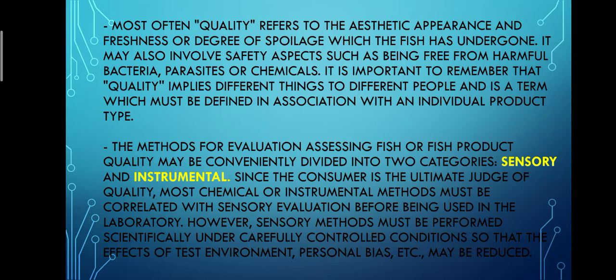The methods for assessing fish or fish product quality may be conveniently divided into two categories: the sensory and instrumental. Since the consumer is the ultimate judge of quality, most chemical or instrumental methods must be correlated with sensory evaluation before being used in the laboratory. However, sensory methods must be performed scientifically under carefully controlled conditions so that the effects of test environment, personal bias,